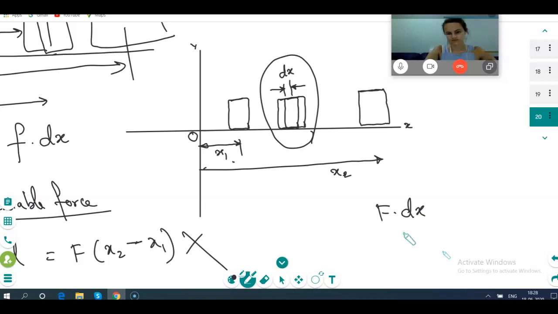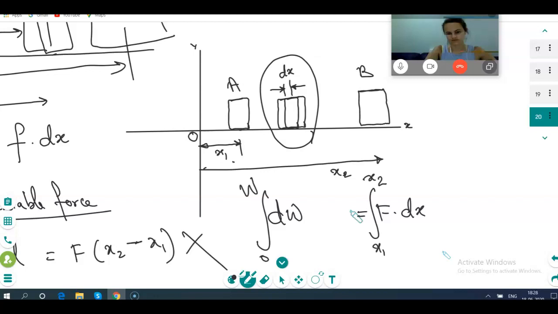Now what do we want? We want work done from A to B. So this is the small work done, dw. Can I write dw? Now taking the integration, we will say 0 to w, and on this side what limit will you give? x1 to x2. Is it clear? Understood or not? Please tell me. Yes, I understand now.